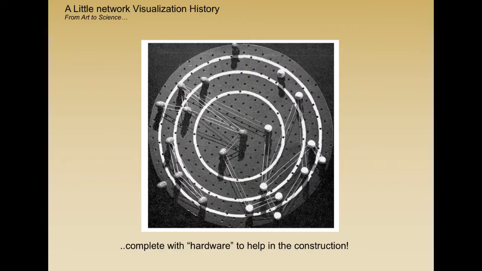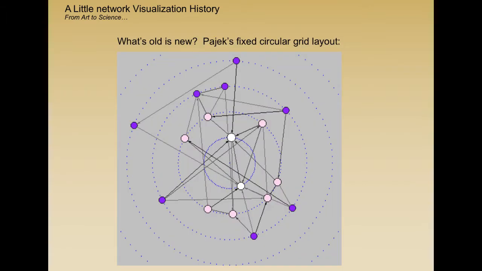This is the algorithm they used for that layout. It's a pegboard with rubber bands. There's actually a 3D version of this where they stacked up a series of abaci, and used that to string rubber bands. But it was literally, you would put it in the pegboard and you'd move it around until you minimized the edge crossings. Some of the current software will do this, so PAJEK will do this for you now if you want, without the rubber bands.